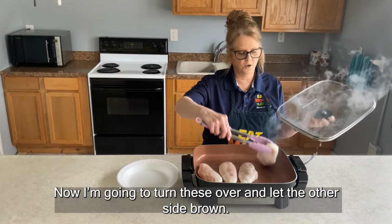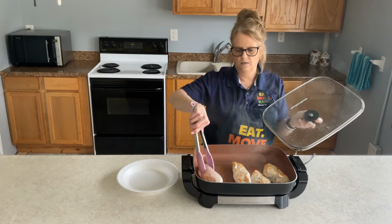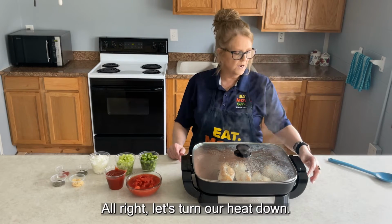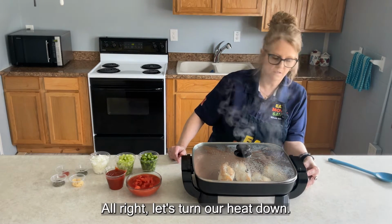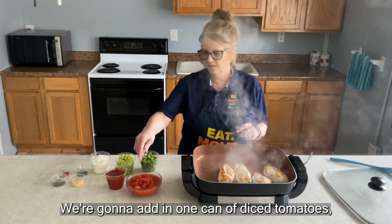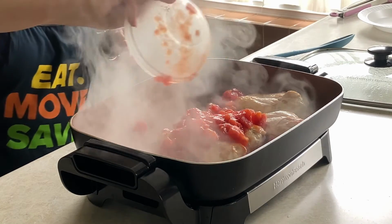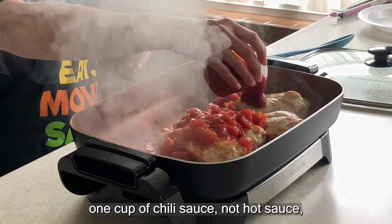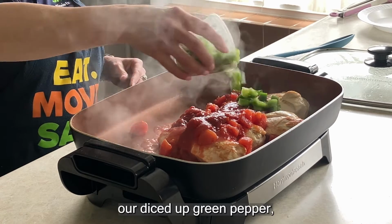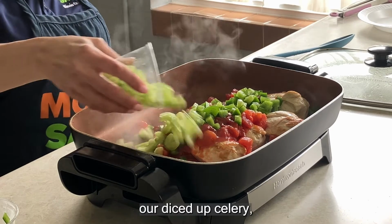Now I'm going to turn these over and let the other side brown. All right, let's turn our heat down and add in the rest of our ingredients. We're going to add in 1 can of diced tomatoes, 1 cup of chili sauce, not hot sauce, our diced green pepper, our diced celery,